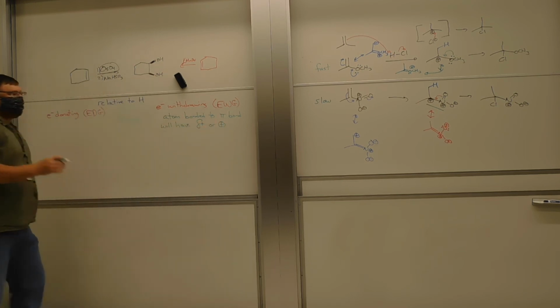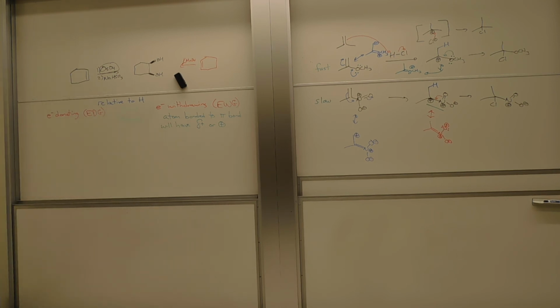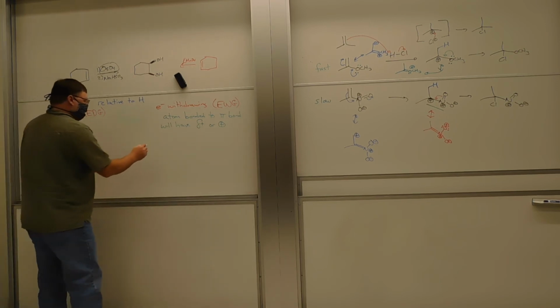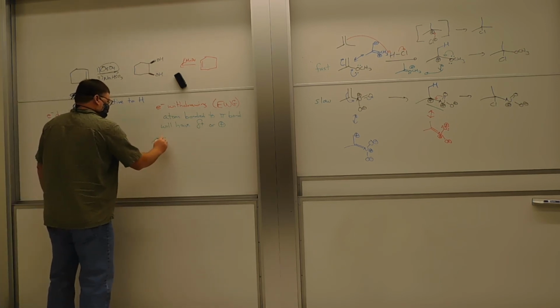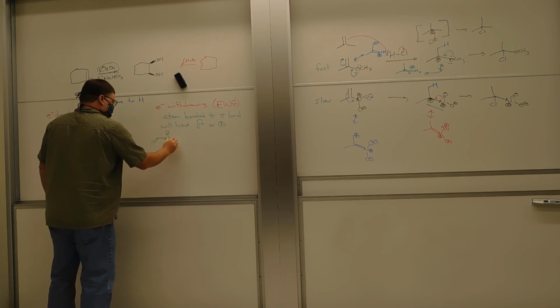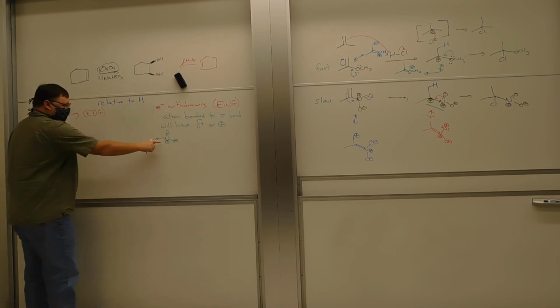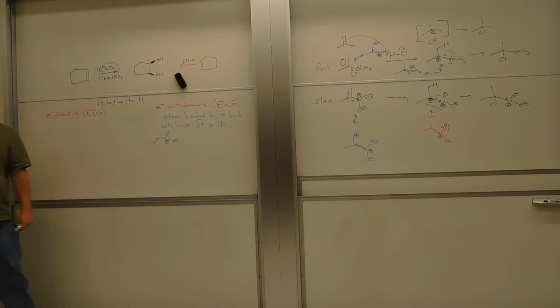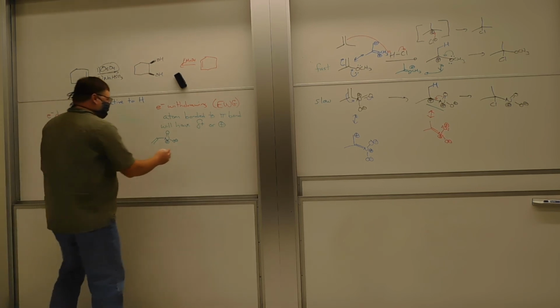All right, so for an electron withdrawing group, the atom that is actually bonded to the pi system is either going to have a really strong partial positive charge or a full-on net positive charge. All right, so a nitro group. The atom that's directly bonded to the pi bond is positive. Makes sense then if positive atoms are going to pull electrons toward themselves. But you can also see this in